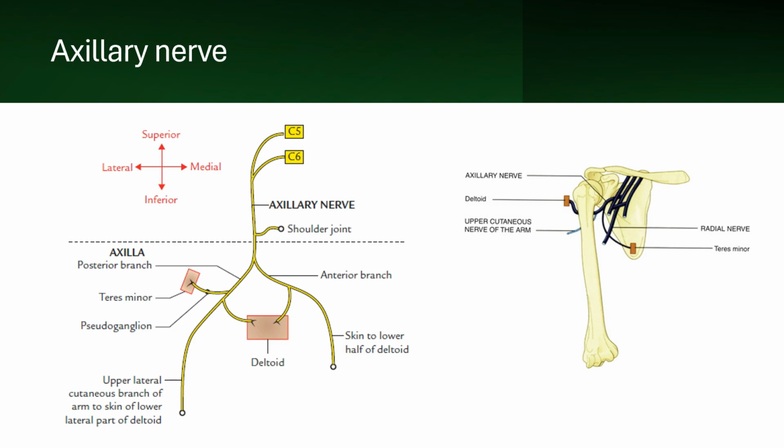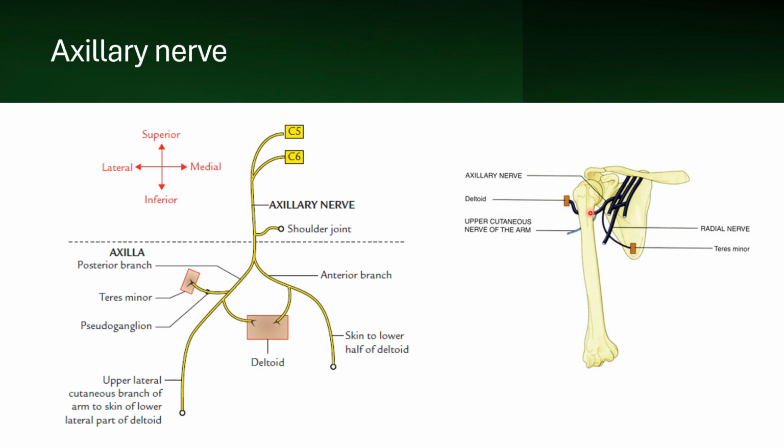Before we dive into the injuries of axillary nerve, let's have a quick recap of the anatomy of axillary nerve. So the axillary nerve with the root value of C5 and C6 arises from the posterior cord of the brachial plexus at the lower border of the subscapularis muscle. So it runs backwards, passes through the quadrangular space along with the posterior circumflex humeral vessels, and there it lies